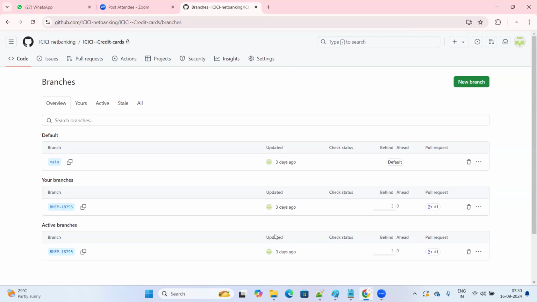So how to protect? We should not give any unnecessary access to the users. If a developer is working on a particular repository, we should not provide admin access to that particular user. Why? Because if we provide admin access, he can delete the repository. If the repository gets deleted,